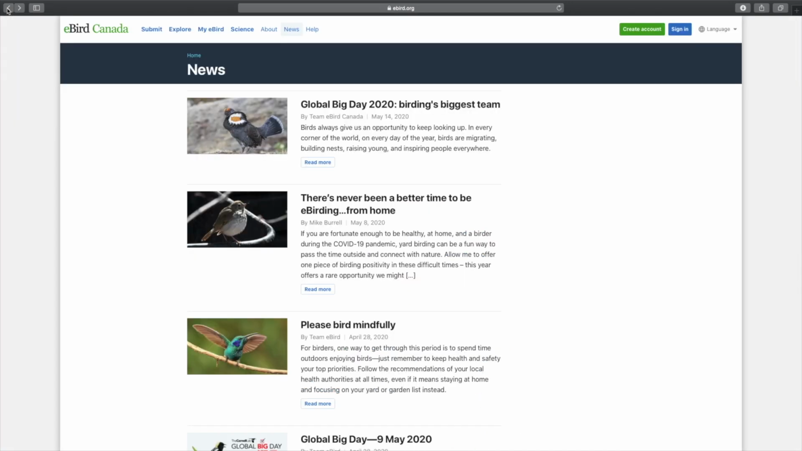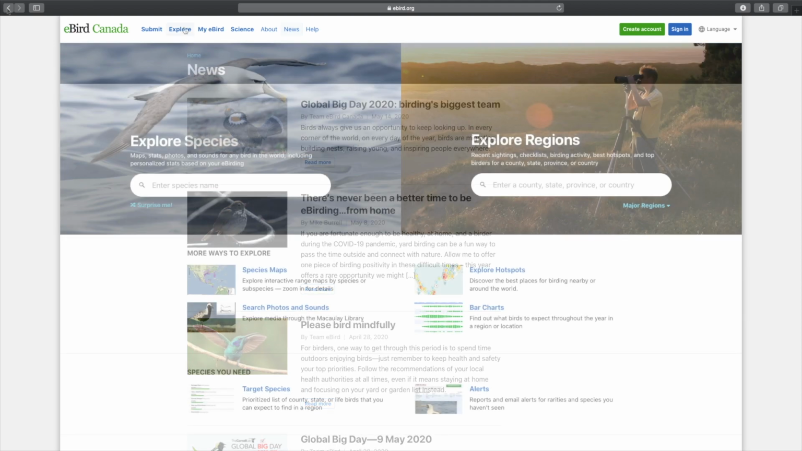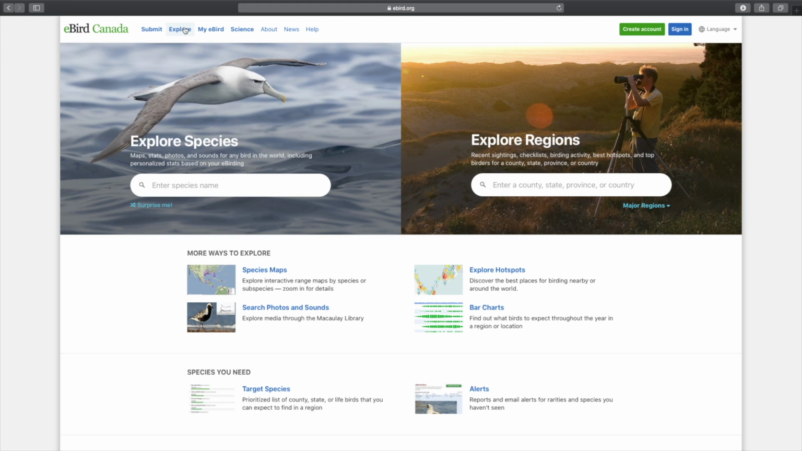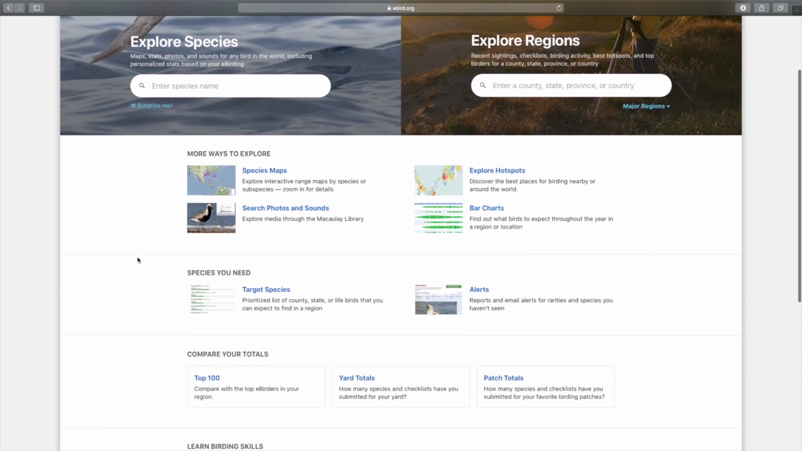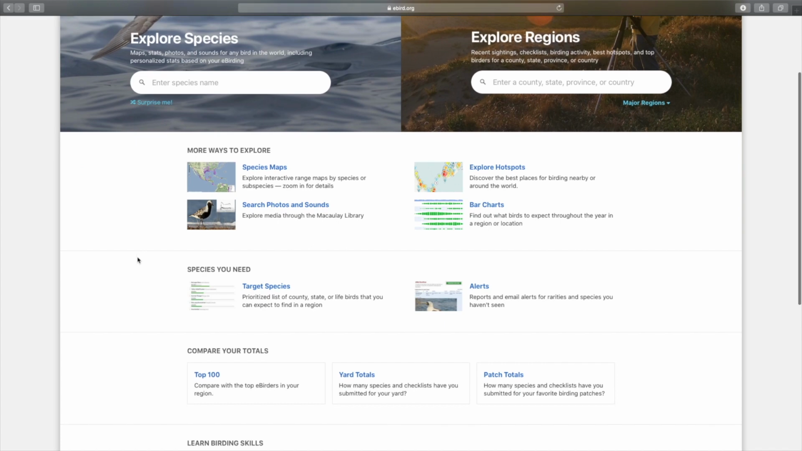But really, eBird is very simple to use, so don't be intimidated. Just dive in, see what you could do. So we're on the Explore section now. In here, there is a lot of information that you can browse your way through and spend hours on this